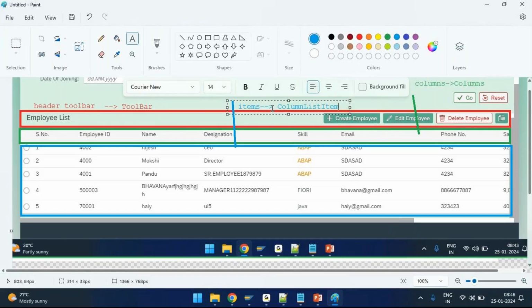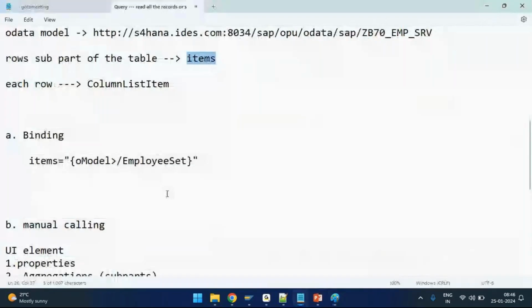Each row is called a column list item. So remember, one row of a table is called a column list item. This is very, very important, guys. So each row is called a column list item. Okay,